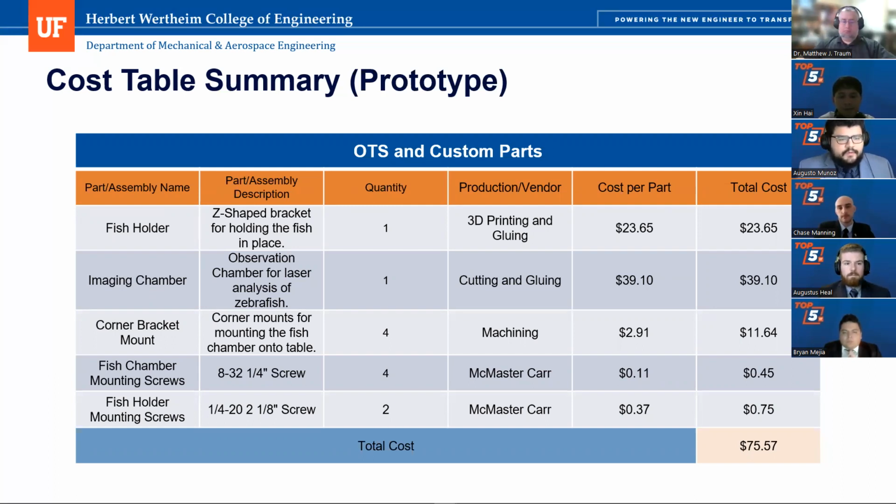The imaging chamber was produced by cutting the panels, the 3 millimeter and 1 millimeter panels, and gluing them with epoxy, and it cost $39.10. The corner bracket mounts were machined from the aluminum rods, and it cost $2.91. And to produce 4 of them, it's $11.64. Fish chamber mounting screws and fish holder mounting screws are 11 cents and 37 cents each, totaling our cost of